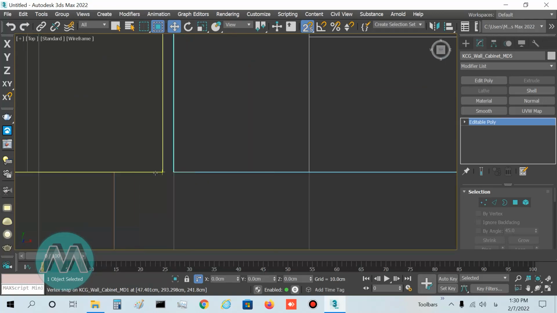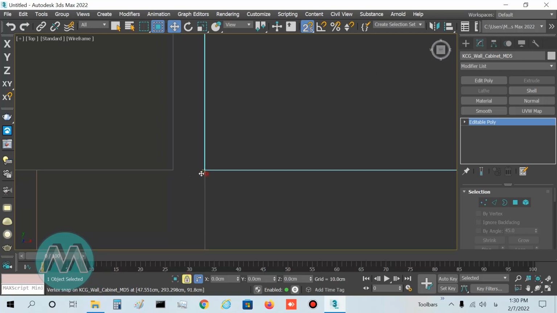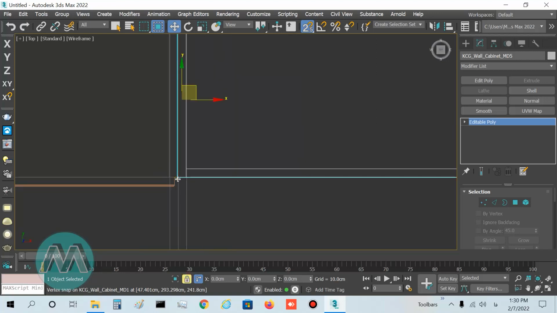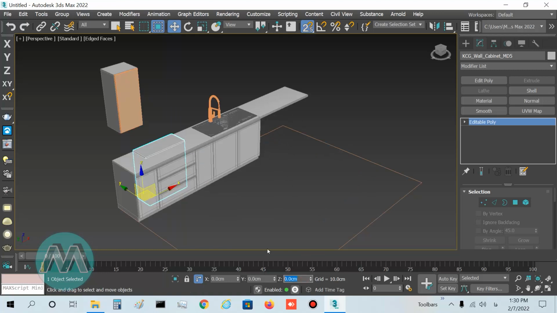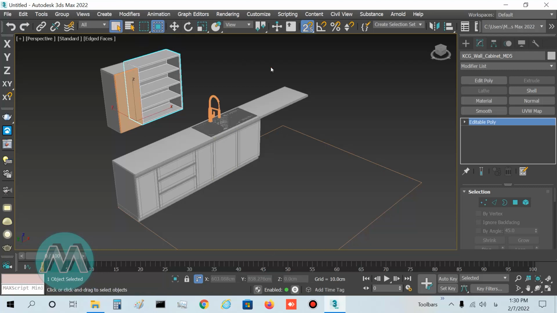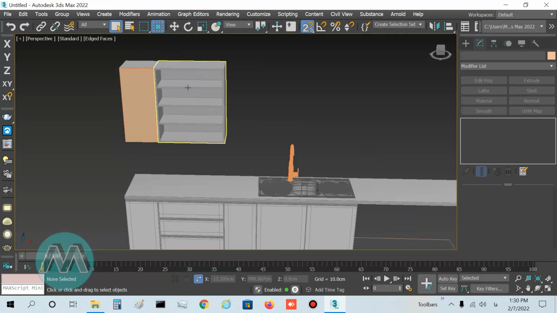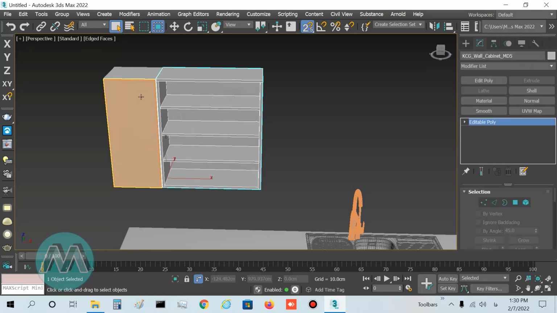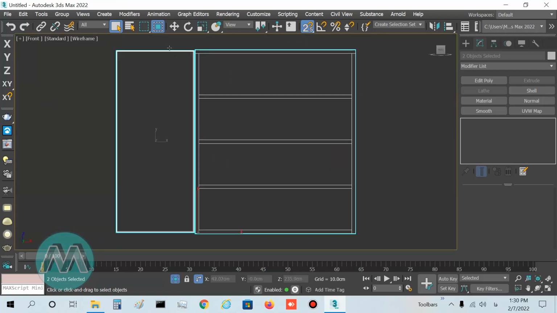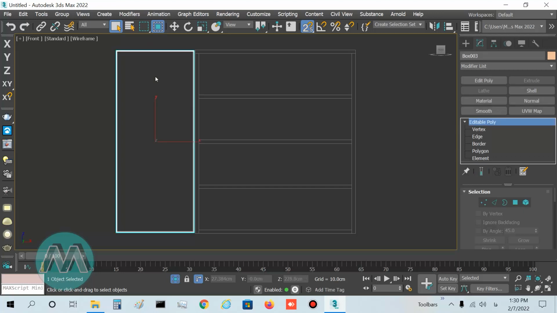I check it, that will be true, and OK, so it's true, and move it to its position in the z-axis. I set it to 150 centimeters. I want to use the horizontal doors for this cabinet, so select the door and select this cabinet. Go to front viewport and select this door and clone it